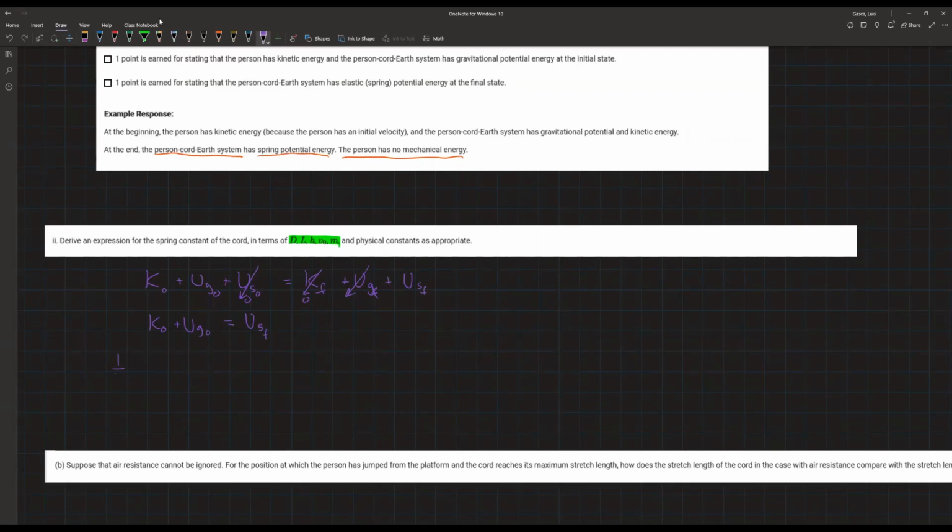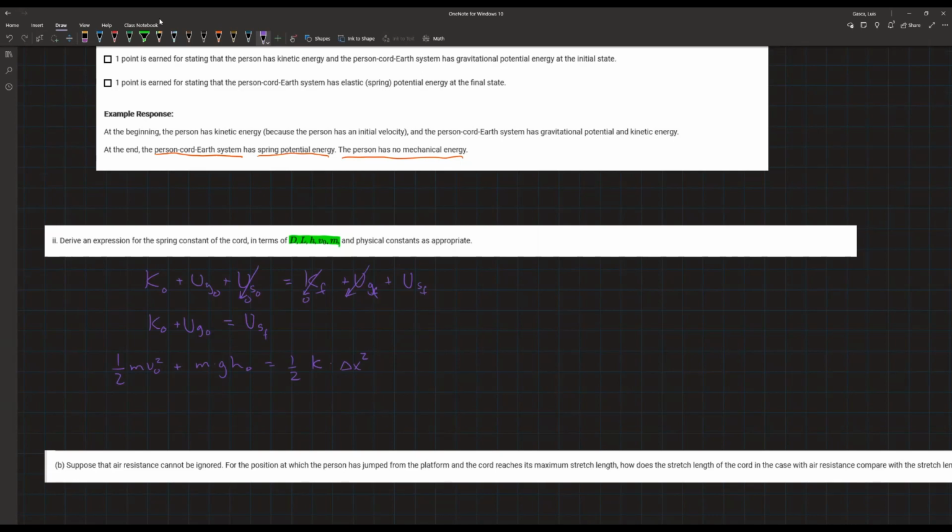So that's 1/2 mv squared plus mgh equals 1/2 k times delta x squared. This is the stretch length of the spring squared. So we're going to have to be careful because we're going to have to make substitutions here